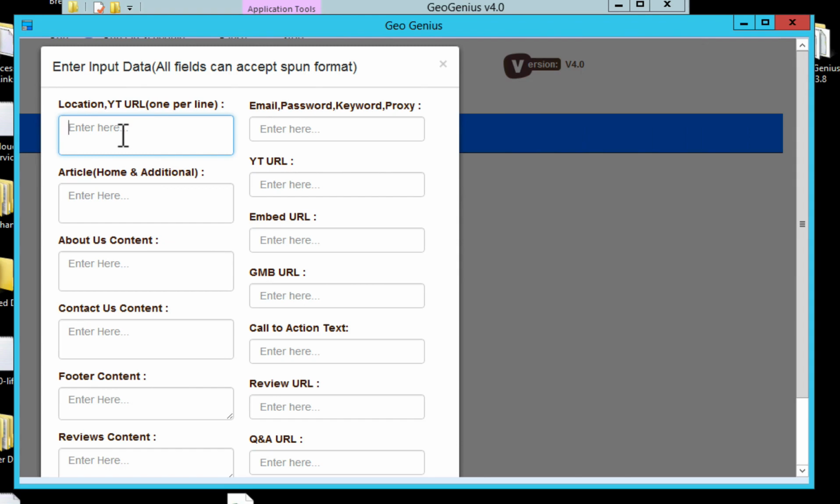So in other words, it's going to take the keyword from this box here. So in the box opposite this one here, you're going to put in email, password, keyword, and a proxy if you're going to use it. Okay. I don't use the proxies. I use TourGuard. But I generally would put in here email, password, and keyword. Okay. And then over here, you're going to put location and the YouTube URL. And then what